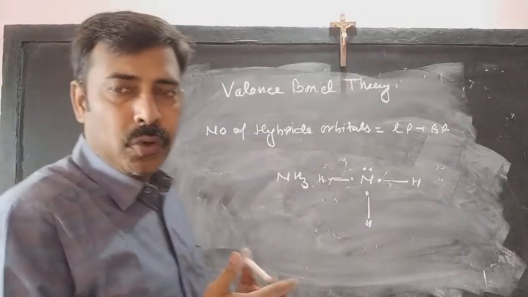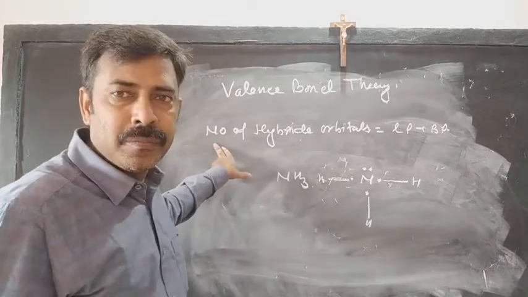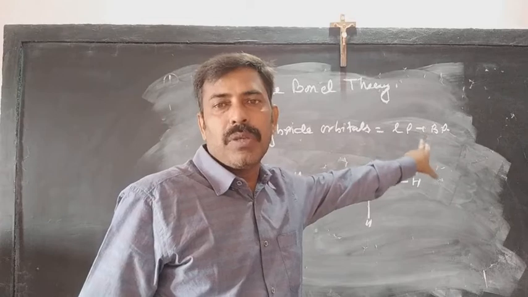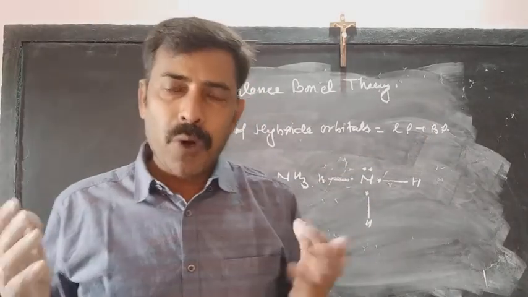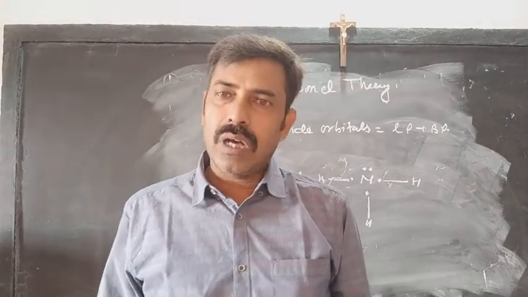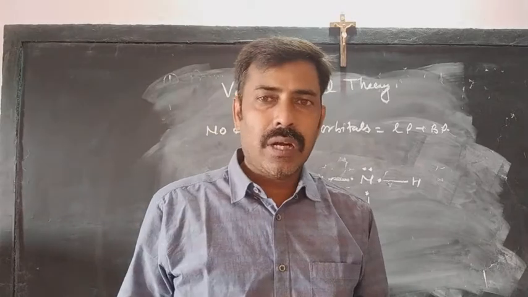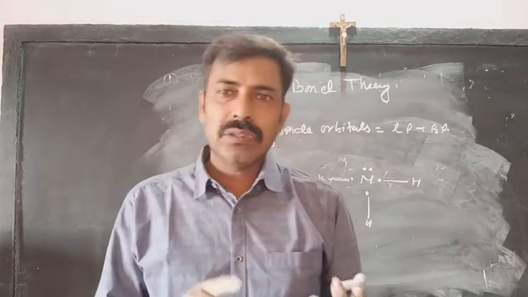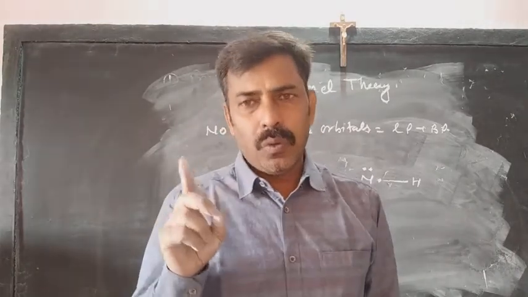So we are seeing how to find the number of hybrid orbitals. Here I have already written the number of hybrid orbitals equal to lone pair plus bond pair. What is the lone pair and bond pair? The bonded valence shell electrons are called the bond pair and unbonded valence shell electrons are called the lone pair, simply. But if the bond is a single bond, double bond or triple bond, the lone pair will be considered